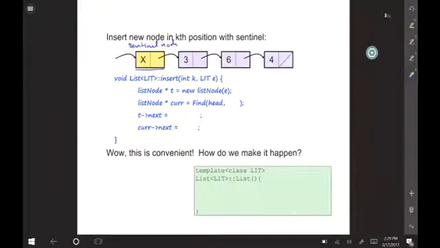Okay? Now let's look at what it's like to insert into this list. And we'll do the same thing. What was it? Insert into L, position 3, value 5. Okay? We still want to do the same thing where we create a new node and put in the value 5.